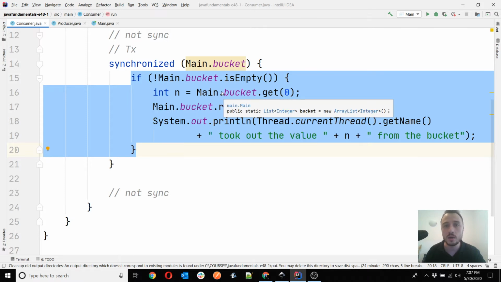The reason we've added these synchronized blocks is because we work with a shared resource. As we discussed in the previous lesson, when you have multiple threads working with the same resource, which is called a shared resource because they share it, then you have to synchronize it. Otherwise, you will face problems when two different threads try to change the same resource.